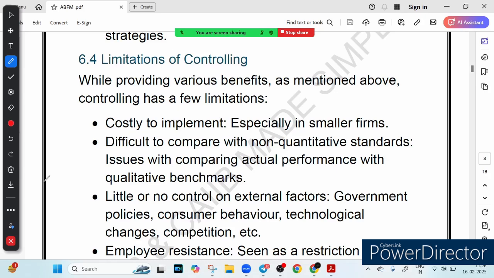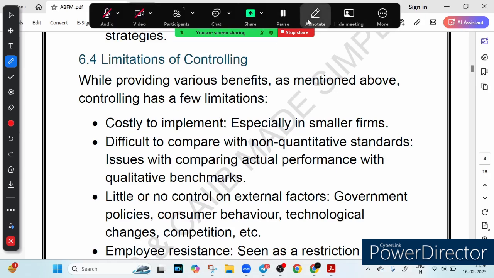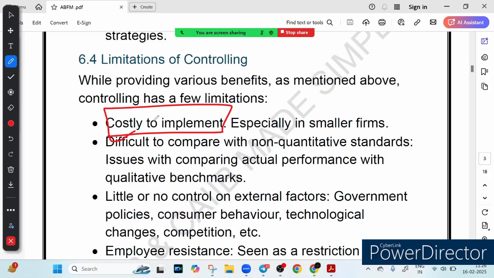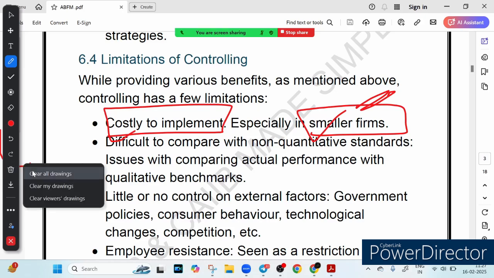In this slide, we are breaking it down in the simplest, most interesting way so that you can understand it for both exam and real life. Stay tuned. First of all, let's talk about limitations of controlling. Why is it not perfect? So first thing is that it is costly, it is expensive, right? Setting up a strong control system costs money, especially for a small business. It is like buying a high-tech security camera, great protection, but costly. Obviously, cost is a matter here.